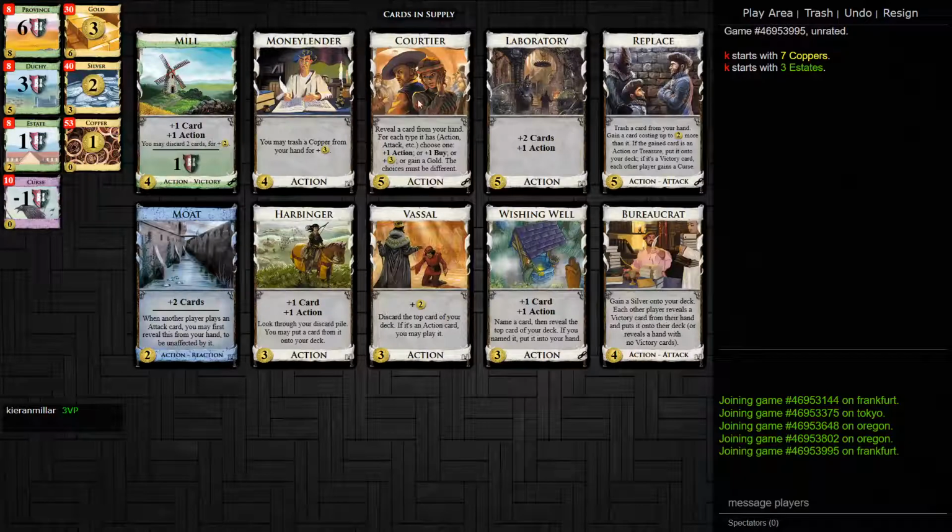Yeah, so we can gain golds, we can replace them to turn them into provinces while junking our opponent. We've got Laboratory for draw. The trashing is Moneylender and Replace, so we can get thin. The Replace can turn into like Mills or Wishing Well. We're going to open Mill and...